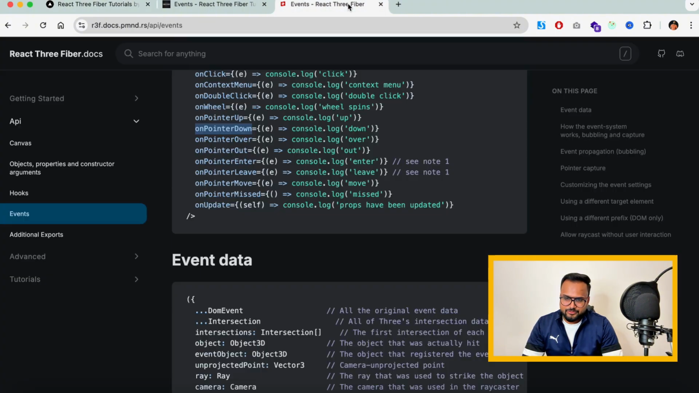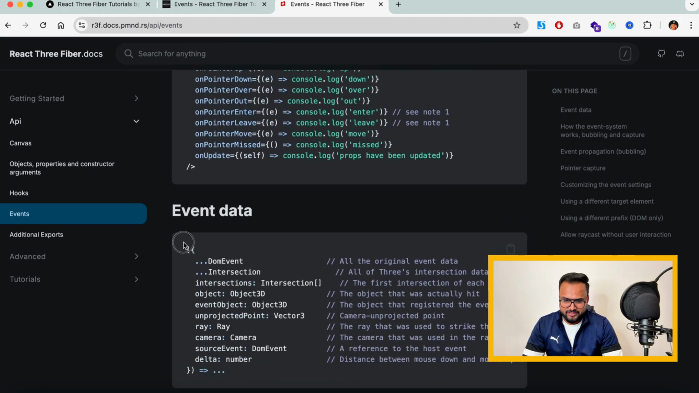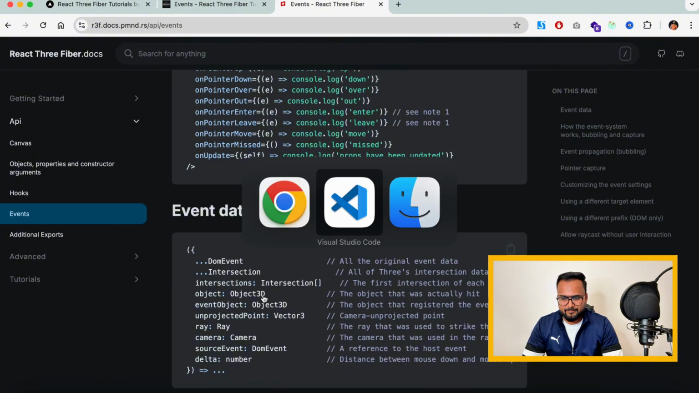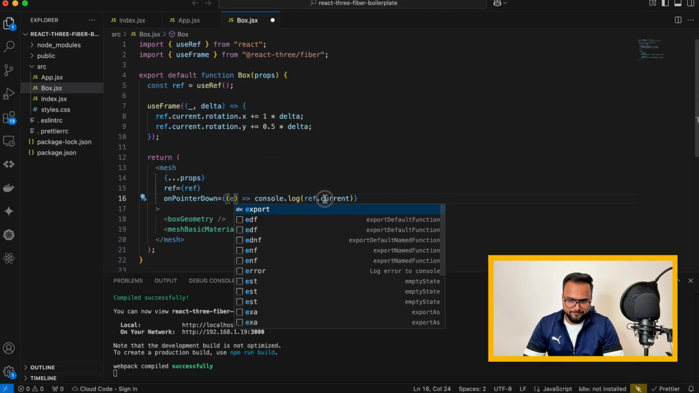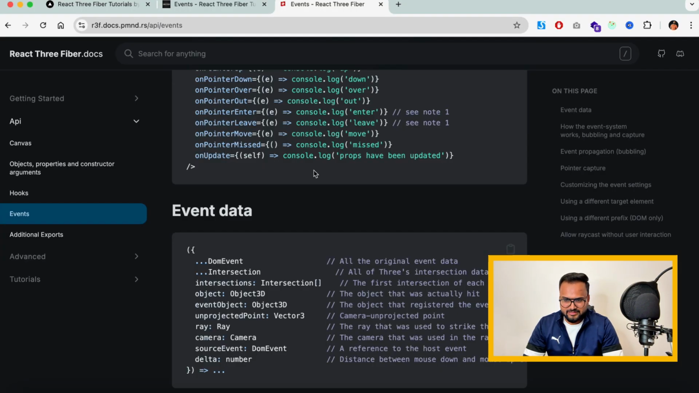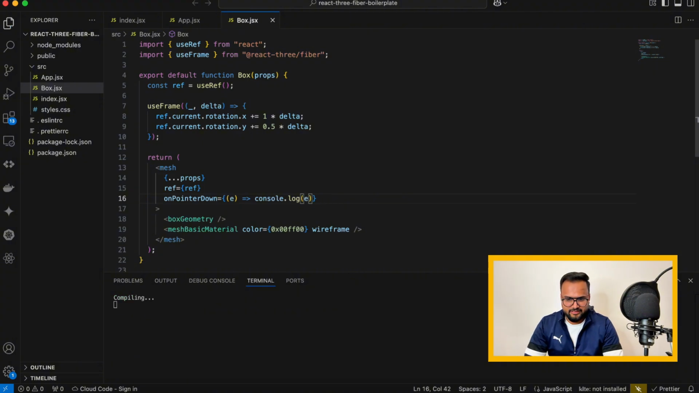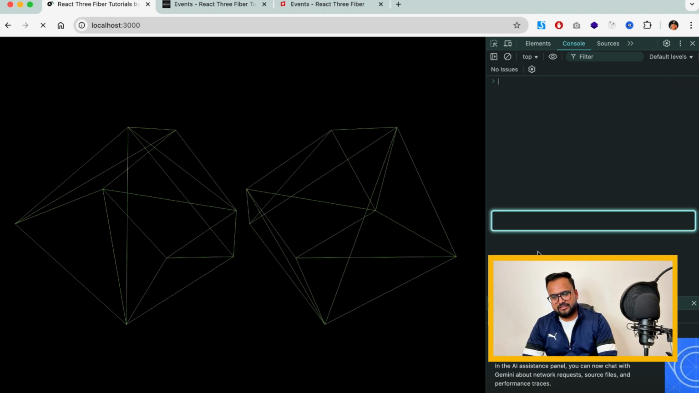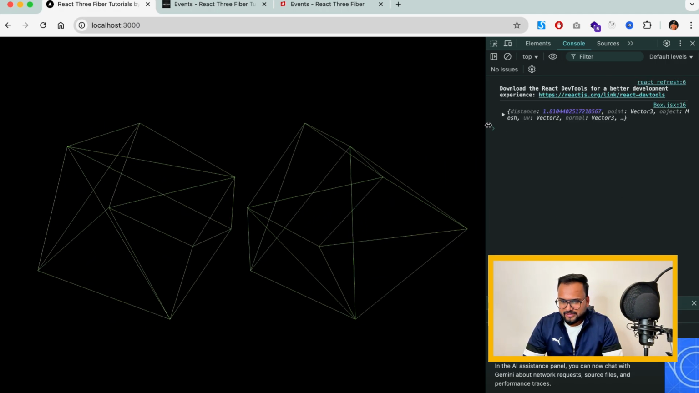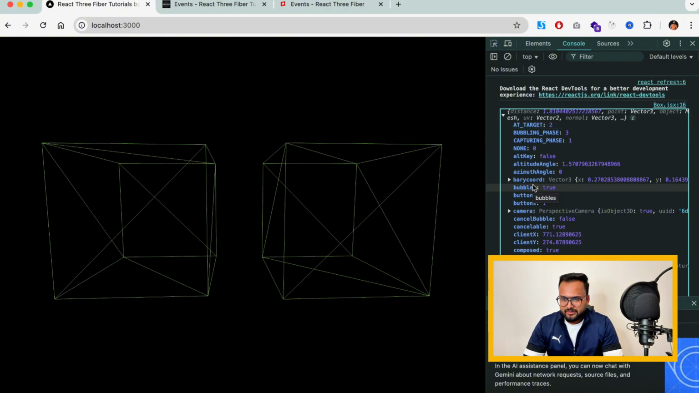If I try to use the same event data that is provided by React Three.js Fiber, what will happen in that scenario? I must go back. I will take e as an event, as a reference, and just pass e here. So if I go back to my React Three.js scene, I'll just reload it. As soon as I click, you can see it gives me a bunch of information that is related